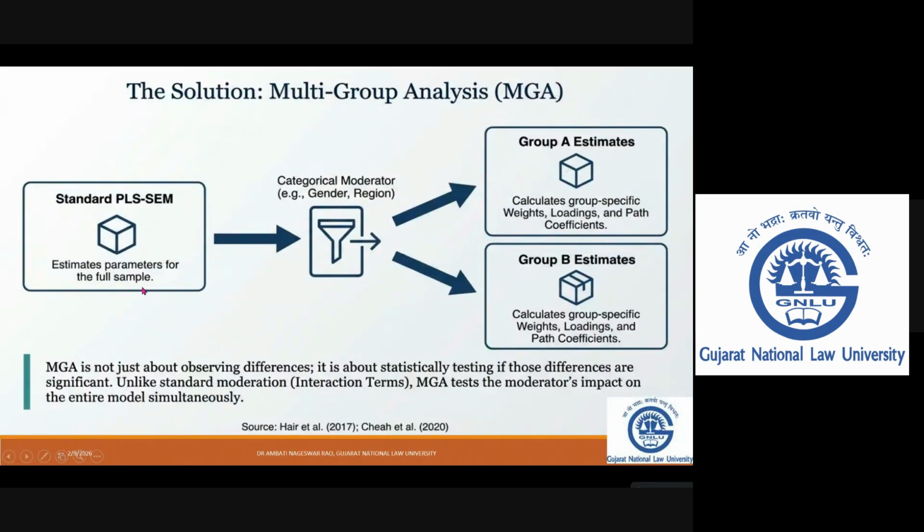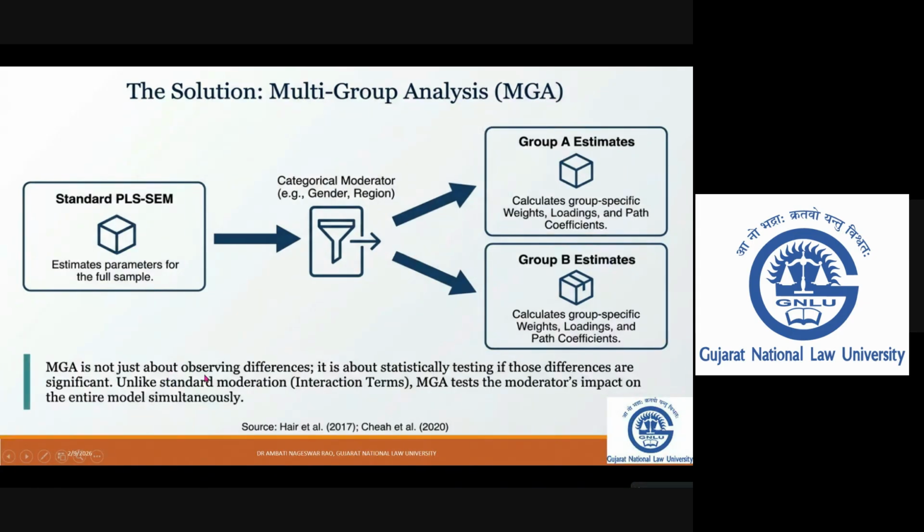In multi-group analysis, we have a sample data set, but in addition we are going to have a couple of variables. It can be age, gender, region, or socio-economic conditions. And we are going to estimate group-wise, specific group-wise, factor loadings and path coefficients. Then we'll go for the multi-group analysis test. We will not directly go for multi-group analysis as a part of a moderation test. From the beginning, we are going to look at it.